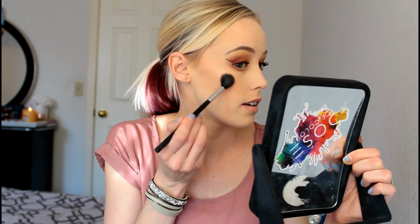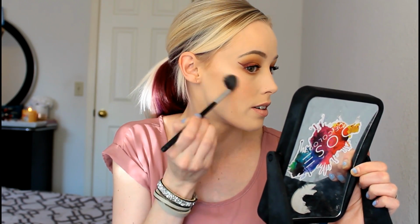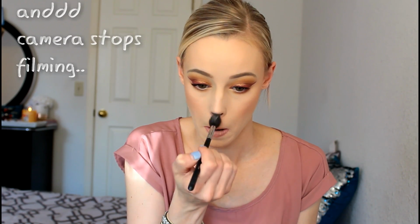And I feel like this is the perfect highlight for what we're going for today. It goes great with the tones in our eyeshadows. It's going to be beautiful. This is Wet n Wild's Precious Petal, on the high points of my cheekbones and right on the apple as usual. I say as usual a lot. And chin. Whoa, that's way too much on my chin. Tip of the nose and the...